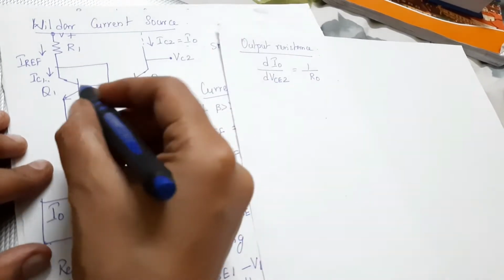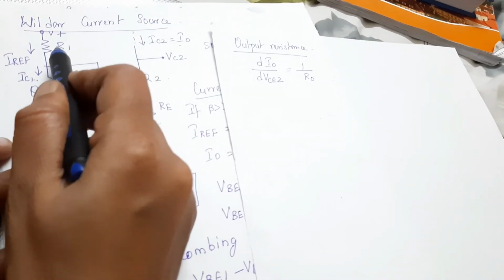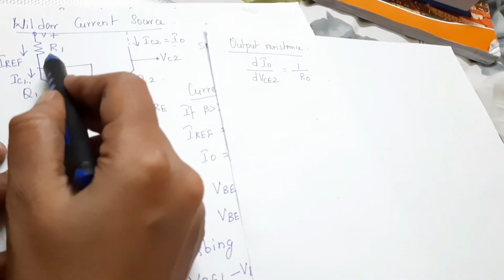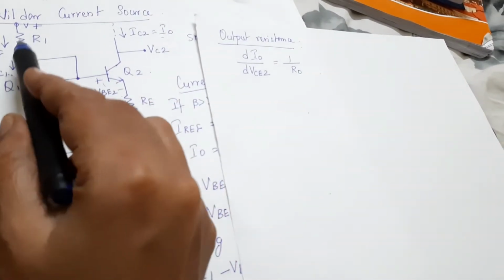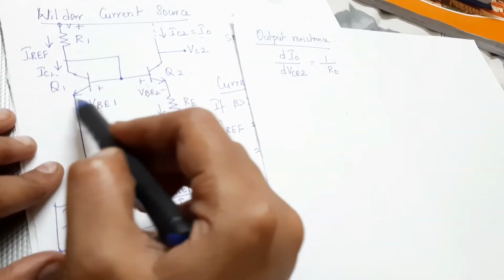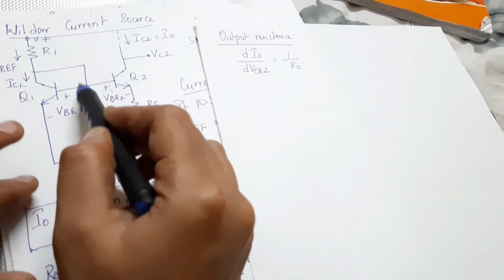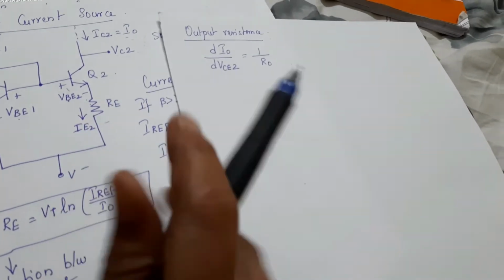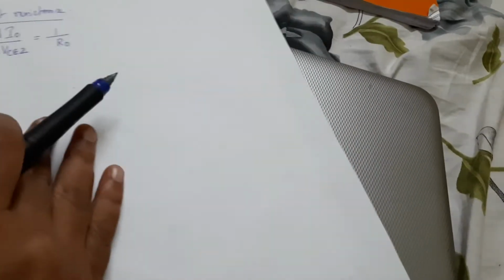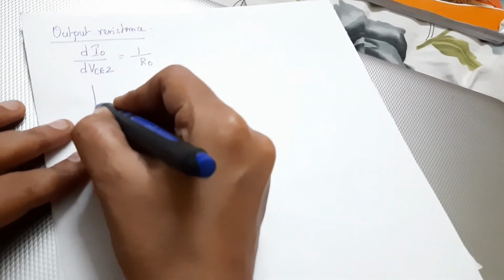For the transistor Q1, apart from the equivalent circuit of the transistor, we have one more resistor, R1, that should be present in the equivalent circuit. There are no other resistors here. So after R1, we'll draw an equivalent circuit for the transistor Q1, which will be continuously combined with the transistor Q2, and we have one more resistor, RE. All these things should be there in the equivalent circuit, so I'll try to draw it quickly.